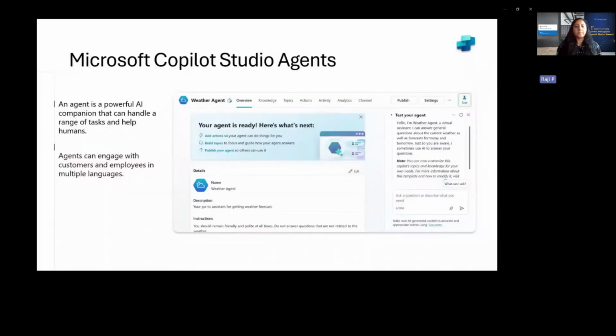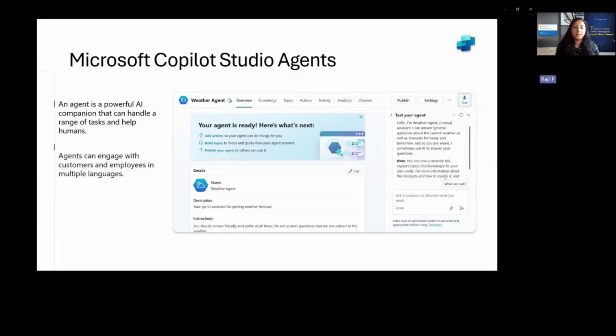Let's dive right in. Microsoft Copilot Studio is an end-to-end low-code generative AI platform designed to enable businesses, IT professionals, and makers to create, customize, deploy, manage, and scale AI agents that automate tasks, assist users, and drive business workflows. Now, we can use Copilot Studio to create different types of agents, which will help us reduce the complexity of the task and also increase the productivity of humans. Now, when we consider the agents, agents could be used to engage with customers or employees, and it supports multiple